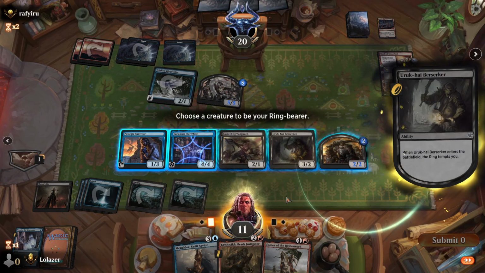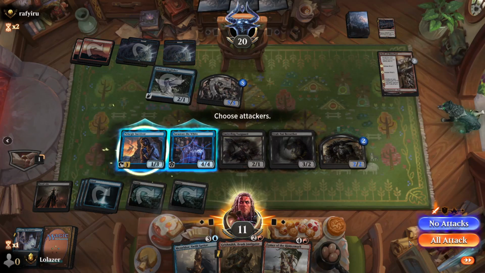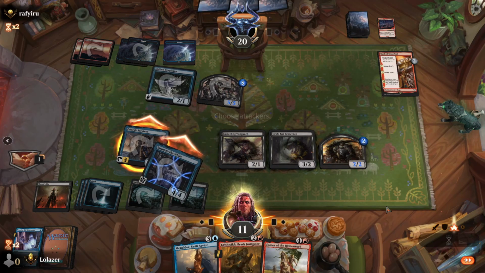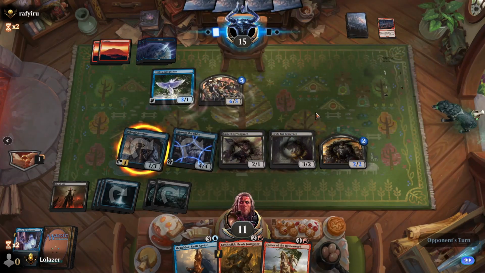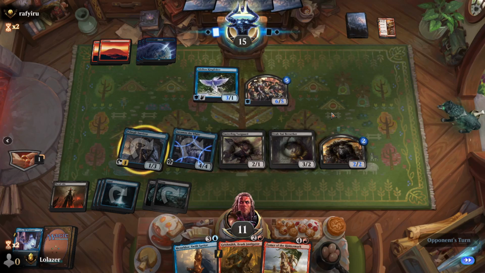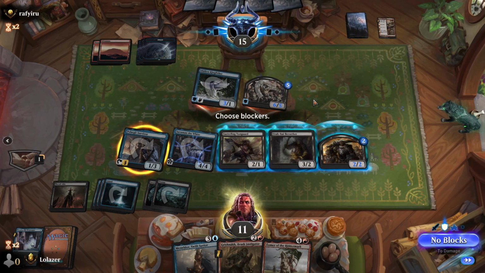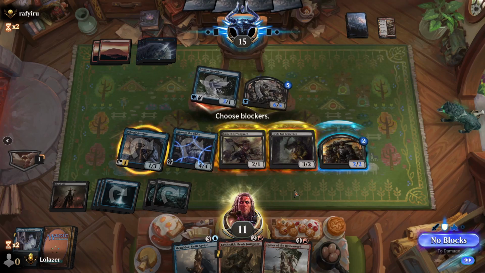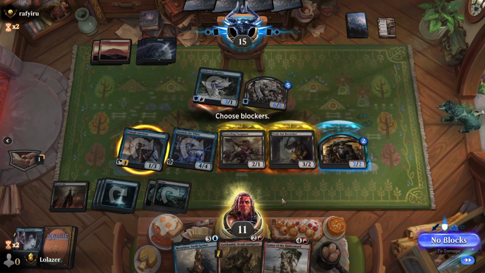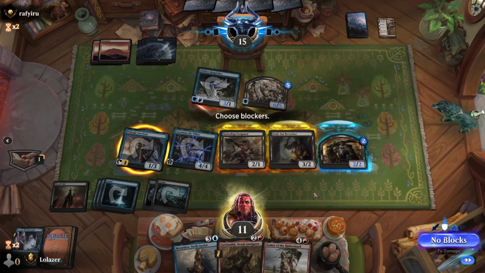Our Ring Bearer will be, I think we just want it to be Pelagic Survivor here. And then we just bash in with both here. We can double block if we need to. So yeah, I think we want to probably just double block with these two here. The reason for doing that is it's going to pump up our, we're going to get a 3/3, and we're going to have some...